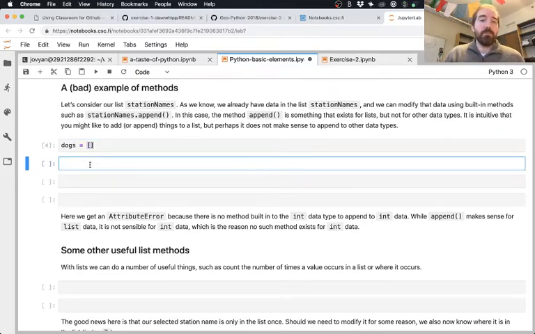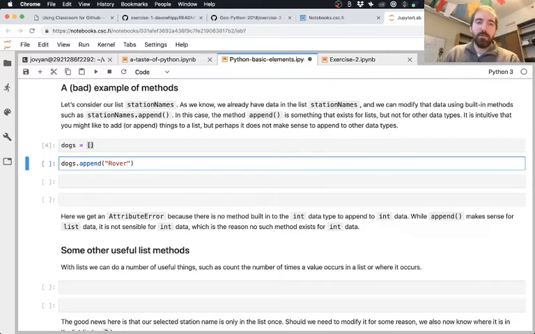Nothing else goes there. And if you wanted to add some type of dog to your list, you could do dogs.append, and then in quotation marks, because we're going to give it a proper name for the dog, you could put Rover or whatever, some dog name. I don't know what the generic Finnish dog name is.